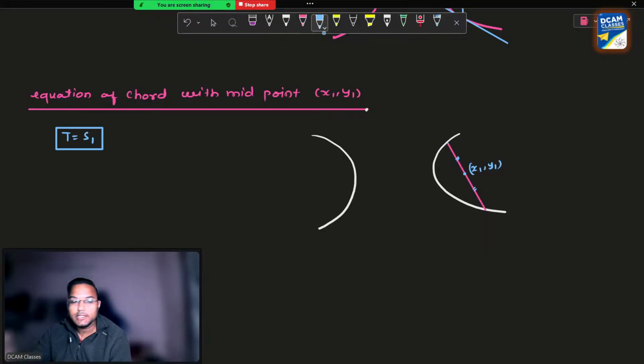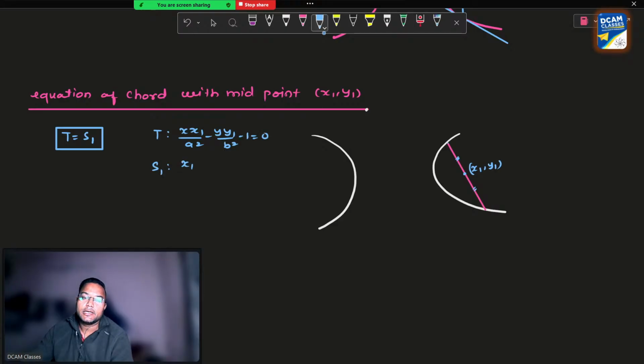The chord remains T is equal to S1, where T remains x1 by a square minus y1 by b square minus 1 is equal to 0. S1 is x1 square by a square